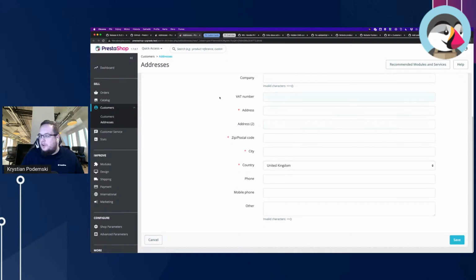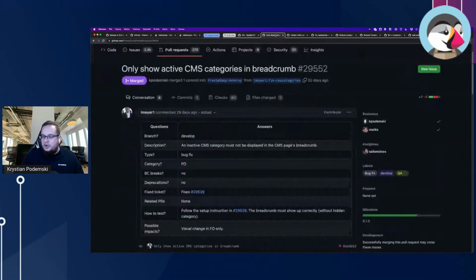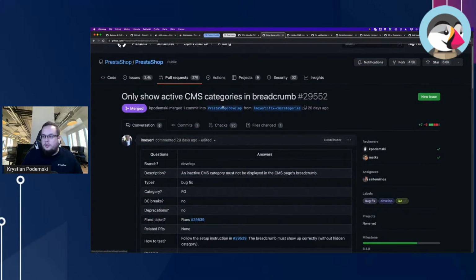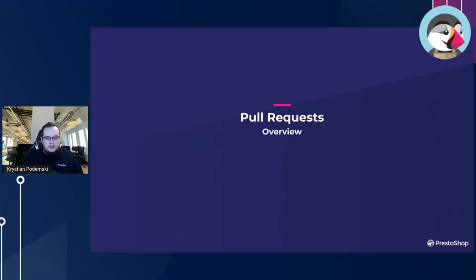So I showed you a few pull requests that are coming to the next versions of the software, either 8.0 or 8.1. So as you can see, a lot is going on around the software. A lot is going on inside the software, a lot of community contributions, which we are very happy about. And now I think we can continue with the next thing that I would like to show you, which is about